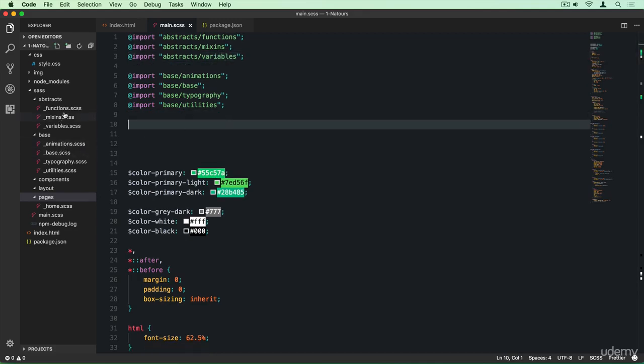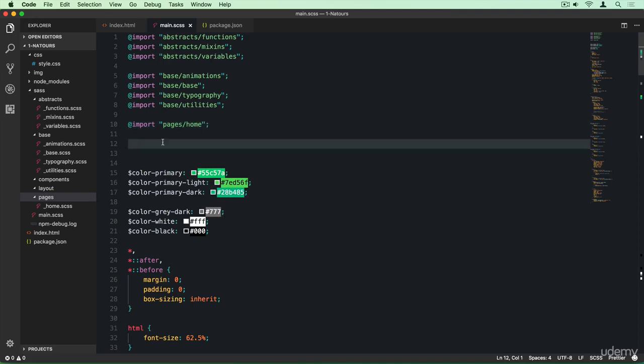All right. So abstracts, base, components is still empty, so nothing there, layout as well, and now pages. So import pages and home. So what I suggest we do next is to actually sort all of this code into different